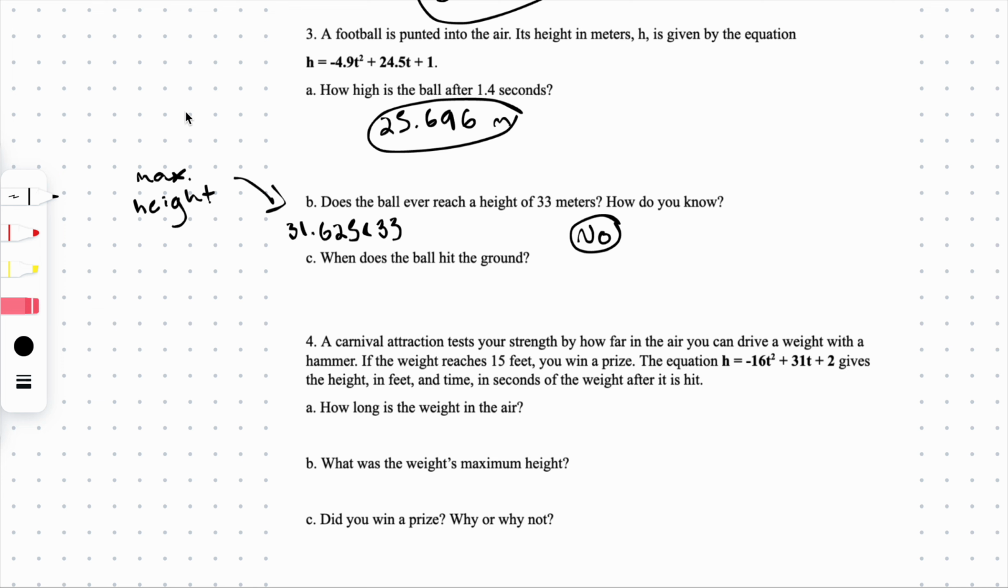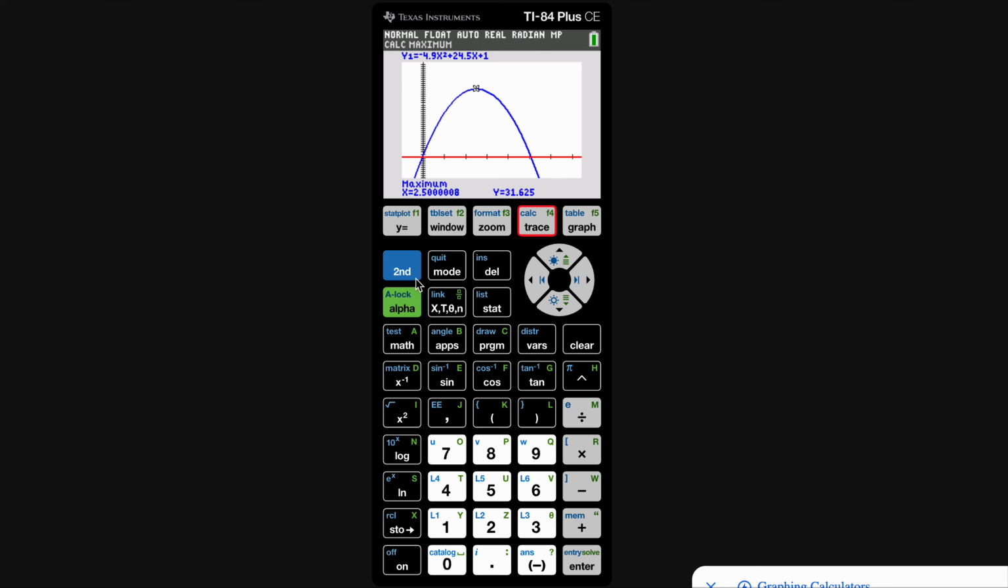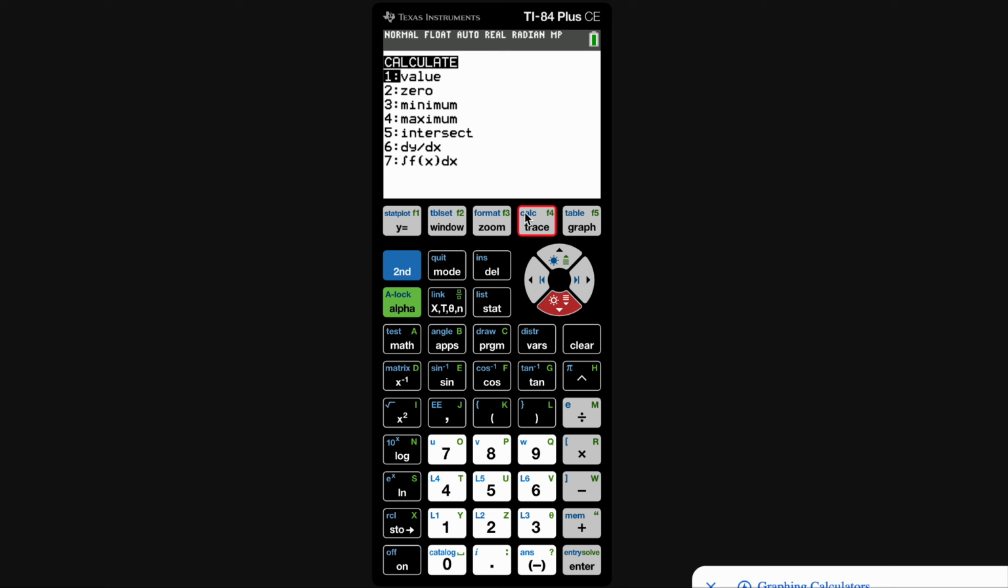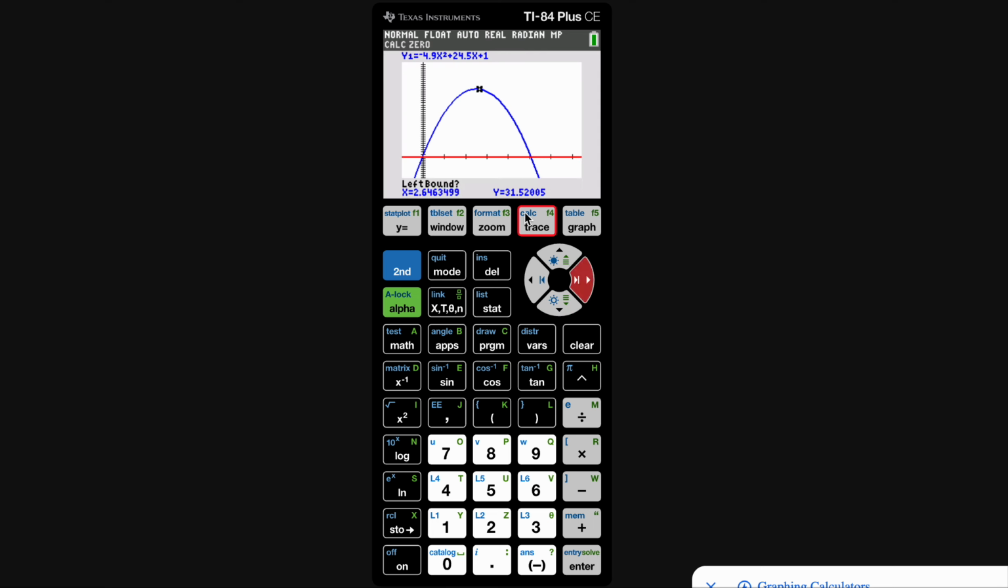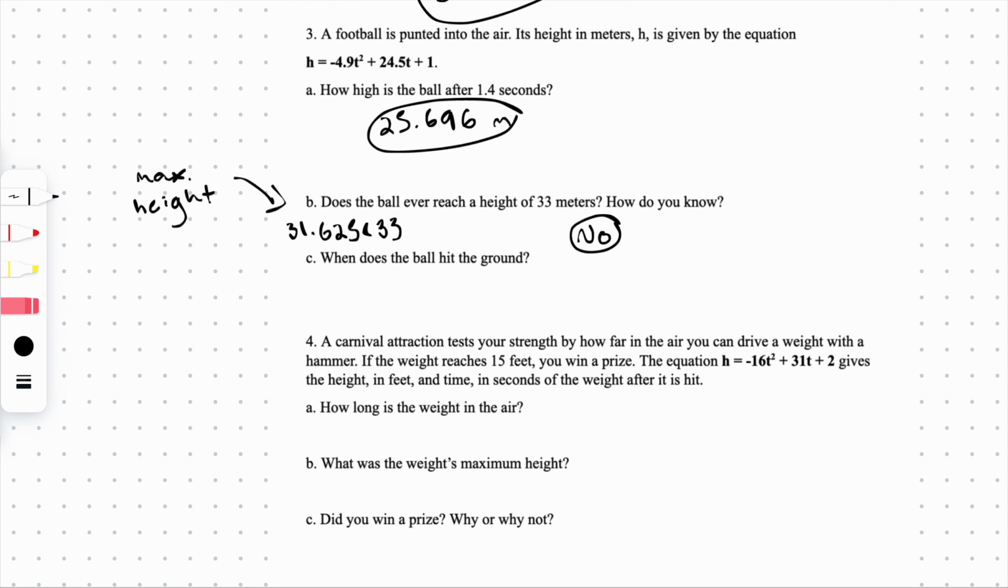When does the ball hit the ground? We've done this 3 times. We do second trace, 0. I showed you a different way, but I'm still just going to do 0. Left bound, right bound, enter. 5.040 seconds. Okay,